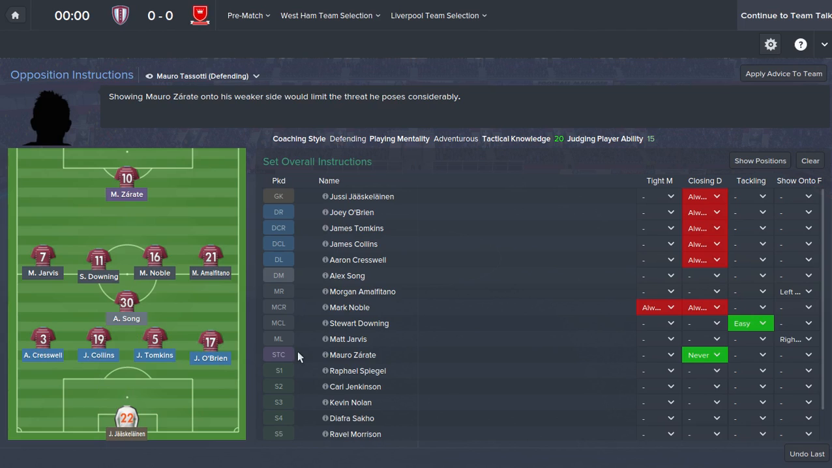And vice versa, if the striker is really poor in the air, then maybe you want to try and force the wingers to go out wide and put in crosses, because they're not going to be successful. That's another use for it. Another thing that I quite like to do is, say